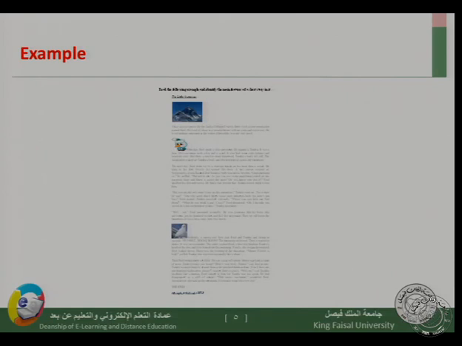So try to translate it, and bear in mind that this story is written in English, and it has an English culture, and it is written for children. And how can I translate it into Arabic for children? So please, this is an exercise for you. This is an example of a short story.